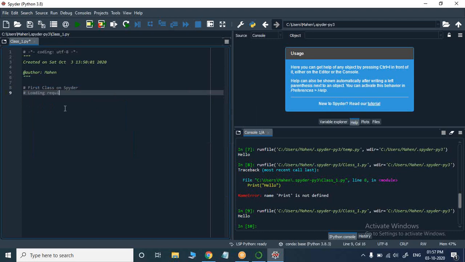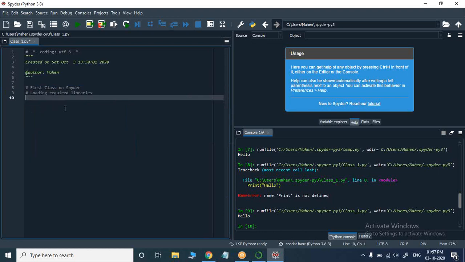I can import Pandas or NumPy, or there are some others. Whatever things are installed in your system, you will be able to import. So import NumPy as np. You can see one interesting thing. As soon as you have written import NumPy as np, next to the line it is showing a yellow color.